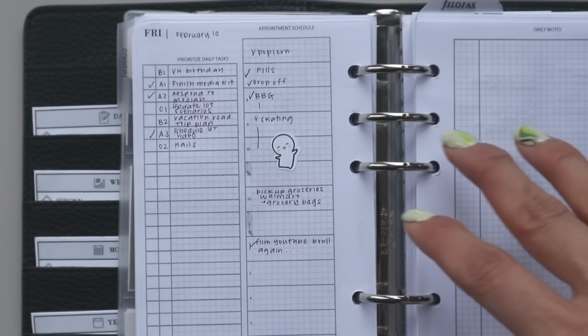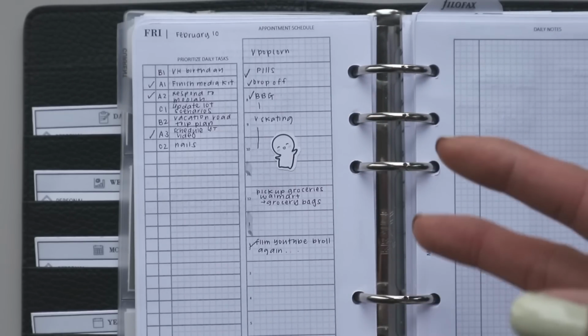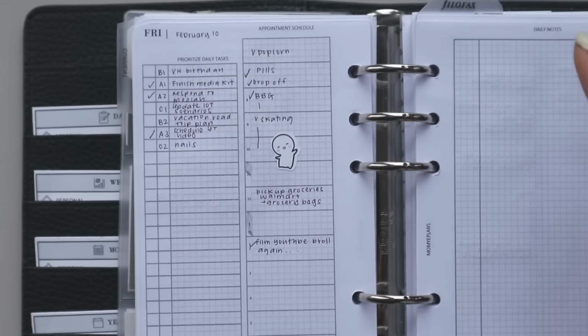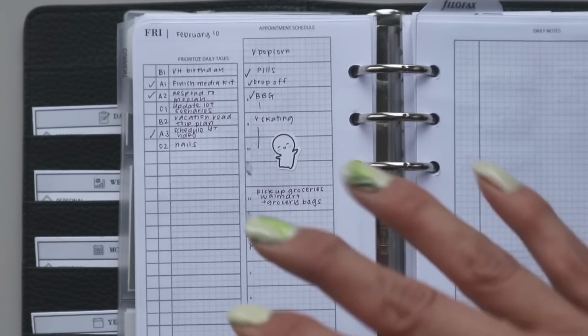And the last one would be C, which are just, if you get to it, that's great kind of tasks. So this is where that time matrix can help. If you just have no idea what should be priority, you can use that to kind of guide you. But essentially for me, how I think about it is anything where